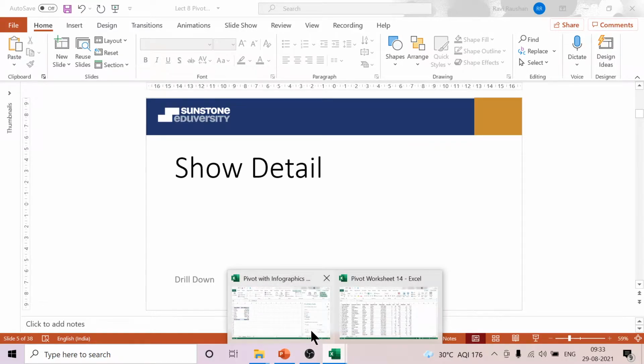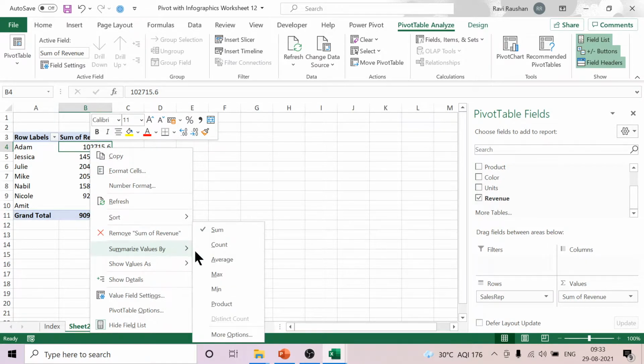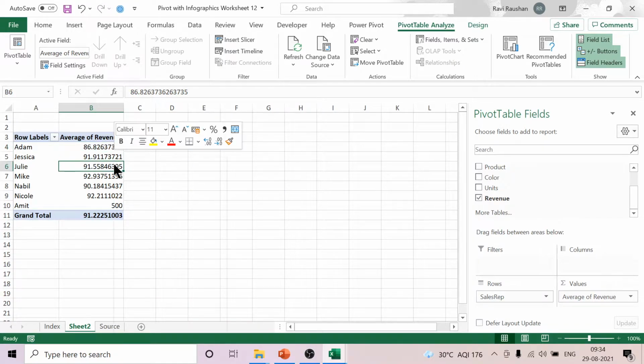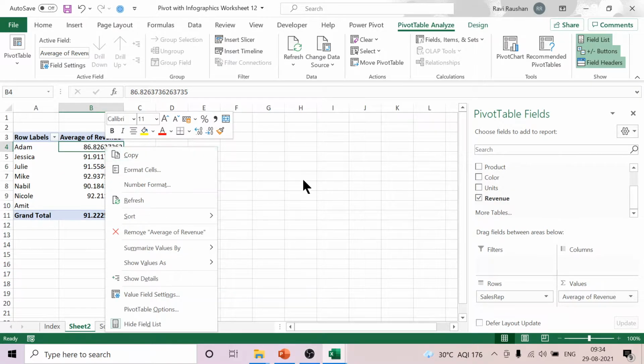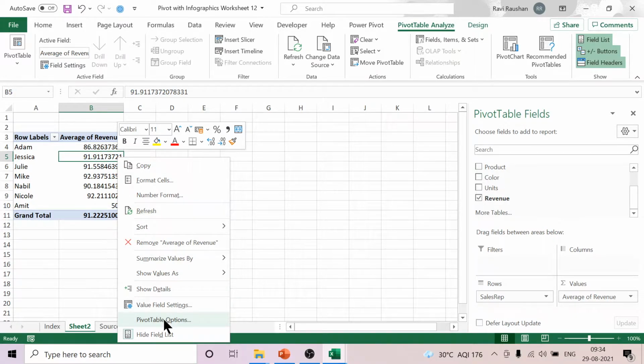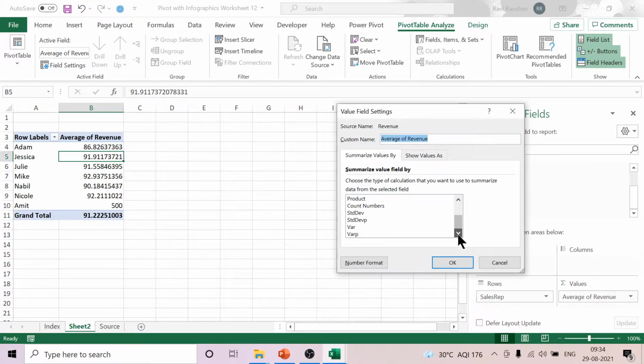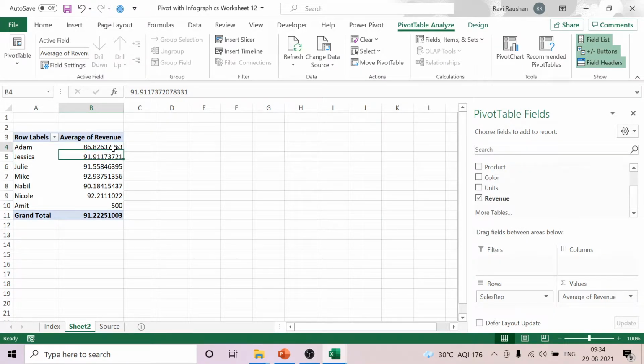Always we can drill down data in Excel. So now this data that I got is basically the summary of all the sales that Adam has done. By default, it's sum. And we have also seen we can change the summary. We can take it to the average, the minimum, maximum, or many things. If I right click here and go to the value field settings, there are so many summary functions I can change it to. All right, so this is summary.